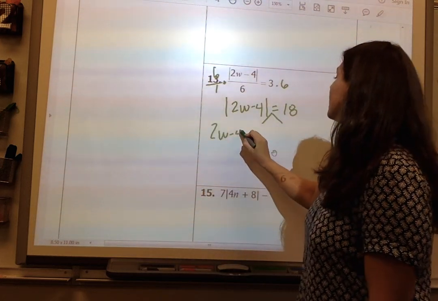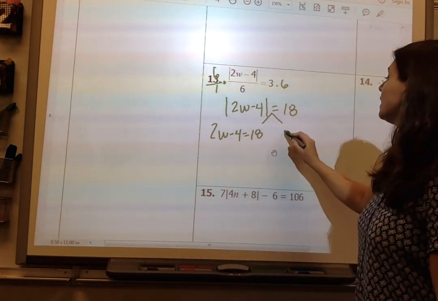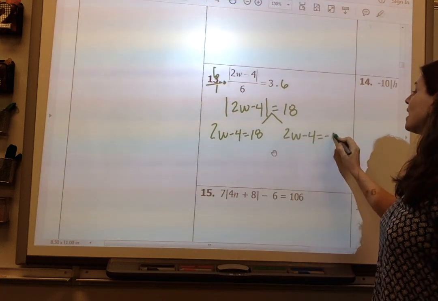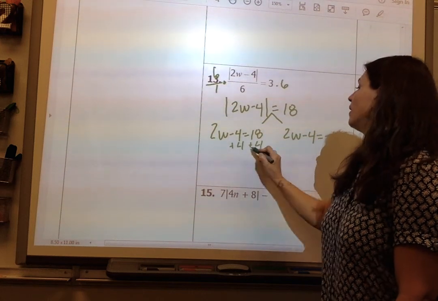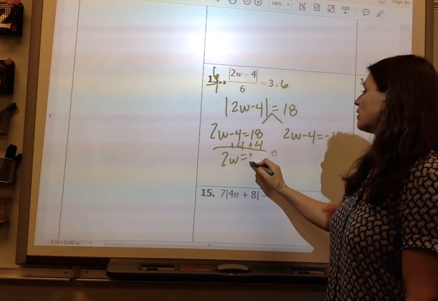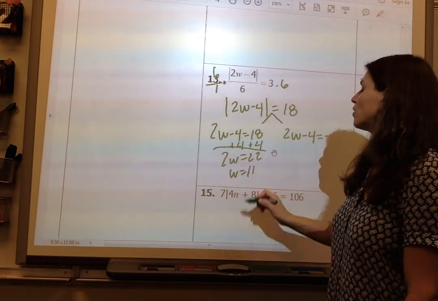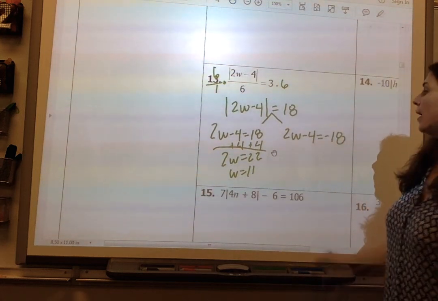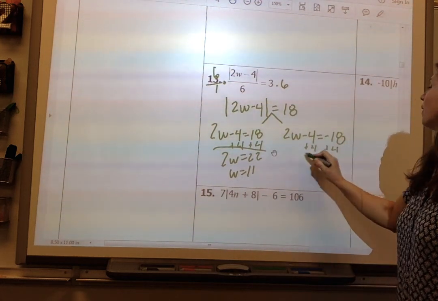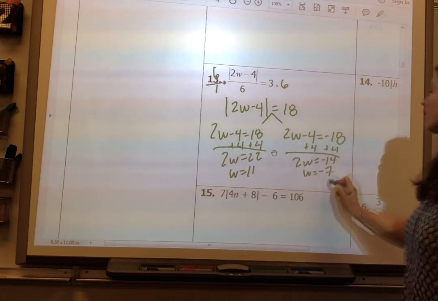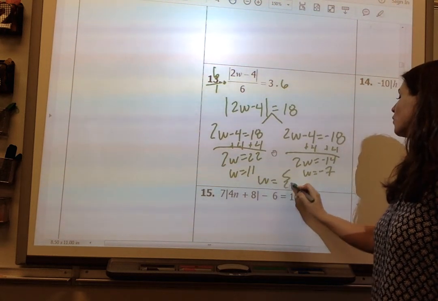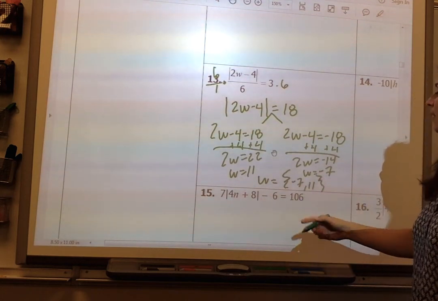Set the inside equal to the positive value of 18. Set the inside equal to the negative value of 18. And solve. And you guys are masters at solving, so I'm just kind of working through that so you can see. And then add 4. 2w equals negative 14, w equals negative 7, and then again I set it as a solution set and box my answer,